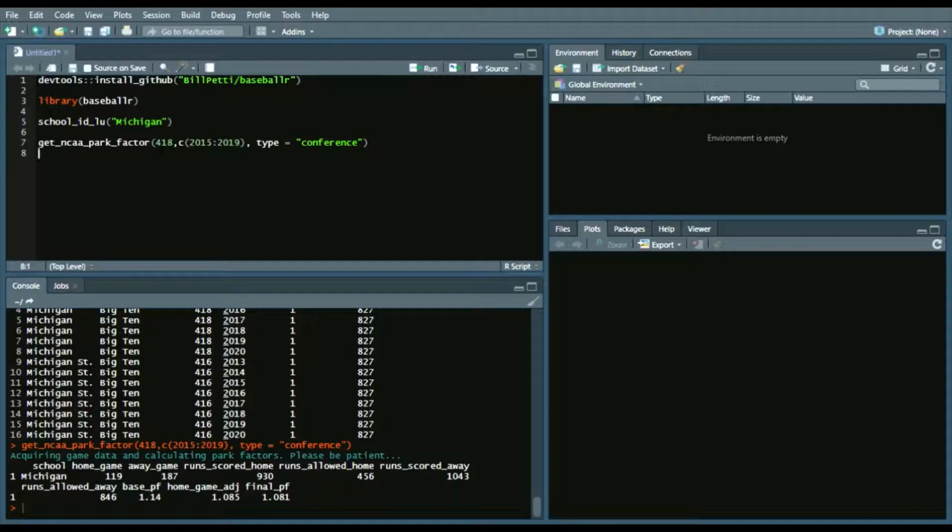And then it gives you these arguments. Runs scored at home, 930. Runs allowed at home, 456. Runs scored away, 1,043. Runs allowed away, 846. And then the base park factor is just taking those and dividing by the amount of home games and away games respectively. And the home game adjustment is usually at the MLB level,